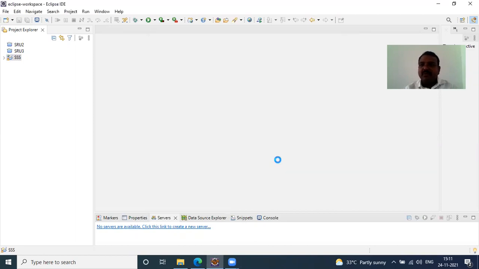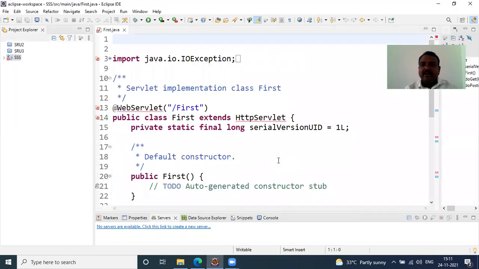What my Eclipse environment does is create a servlet for us. If I open the file, I can see some red marks there. HttpServlet is under a red line. It means we have an error.